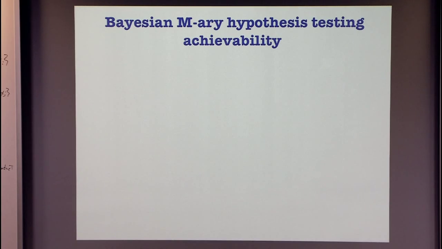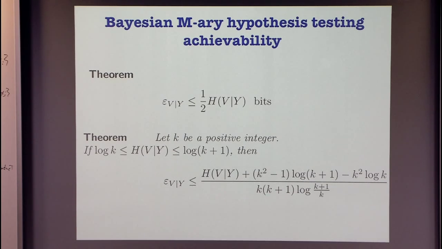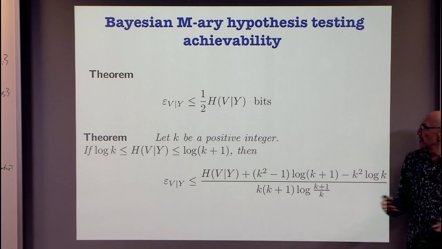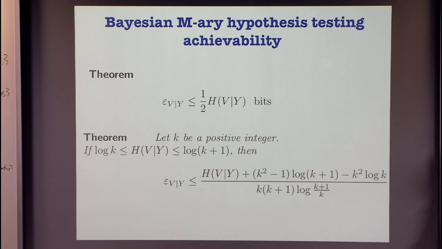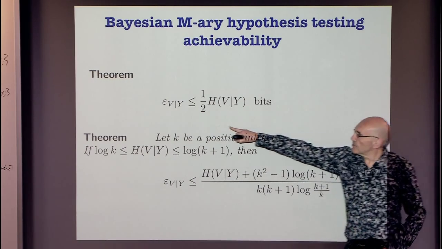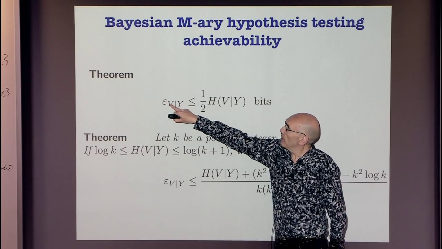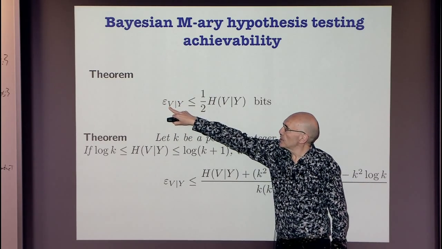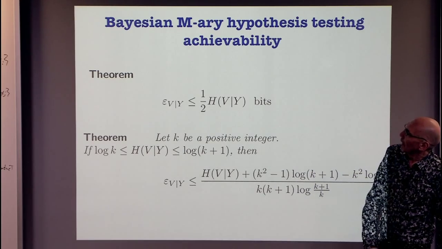All right, so what about achievability? What kind of bounds can we find for achievability here? And I'm only going to show you the Bayesian case because we don't have much time. As you can see, every time I've shown you a bound so far, the bound either had relative entropy or relative information. Now we have conditional entropy. So remember, this is the error probability. Now Bayesian error probability. So we have a distribution on V, and